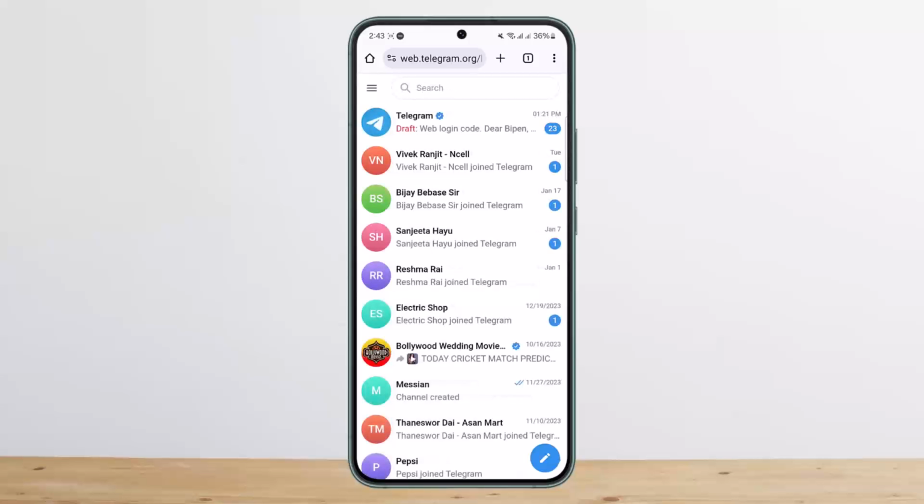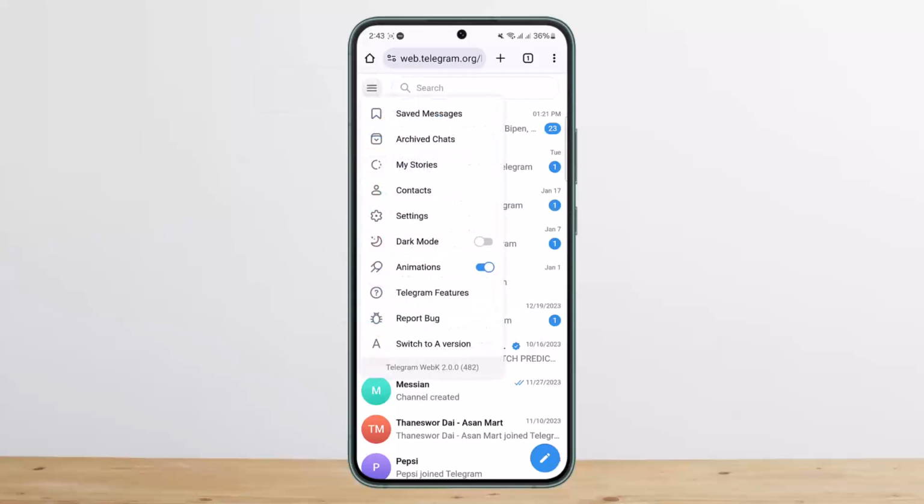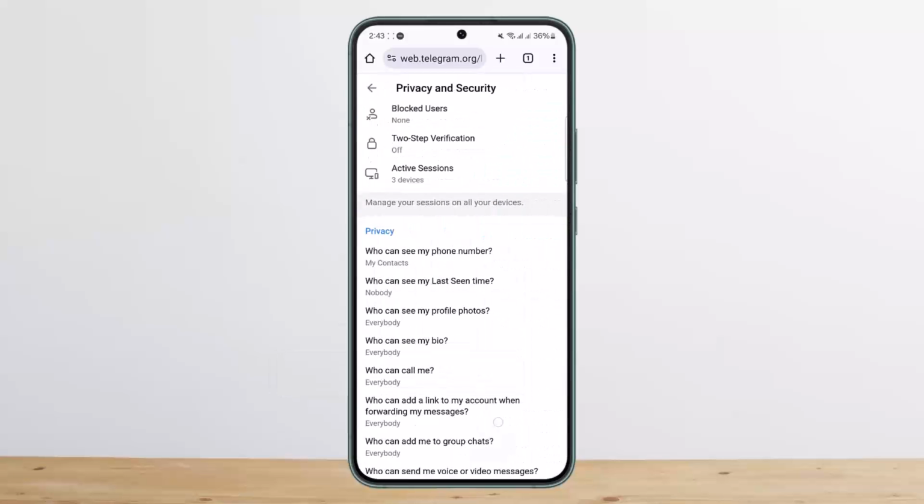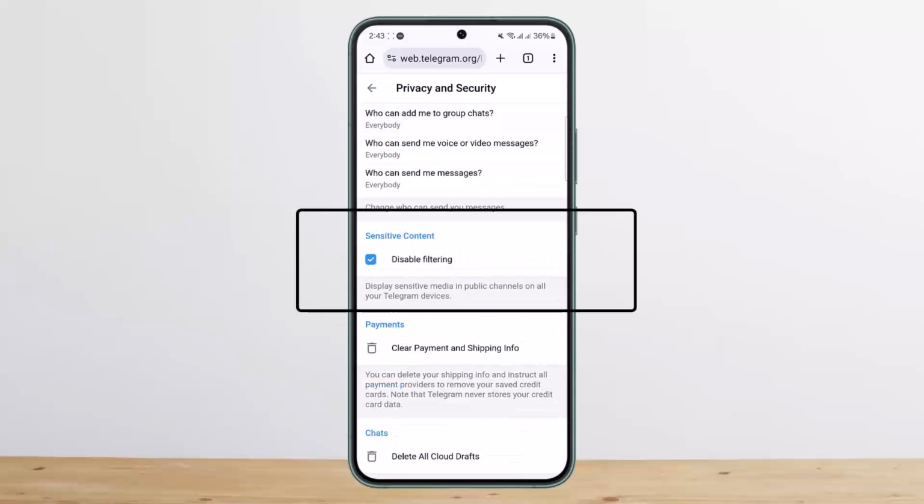Now here you have to first log into your account. In my case, I'm already logged in, and you want to tap on the hamburger icon at the left hand side of your screen and then tap on settings. Once you tap on settings, head into the option that says privacy and security. Tap on it, and now if you scroll down below, you'll be able to see the sensitive content